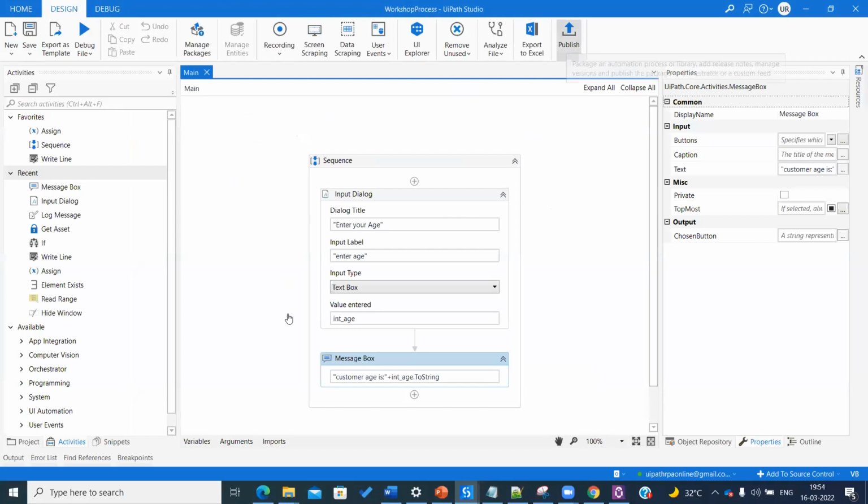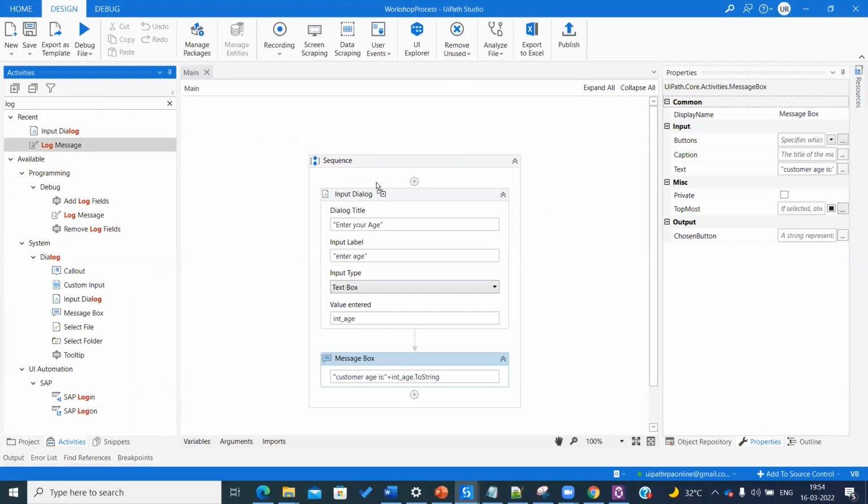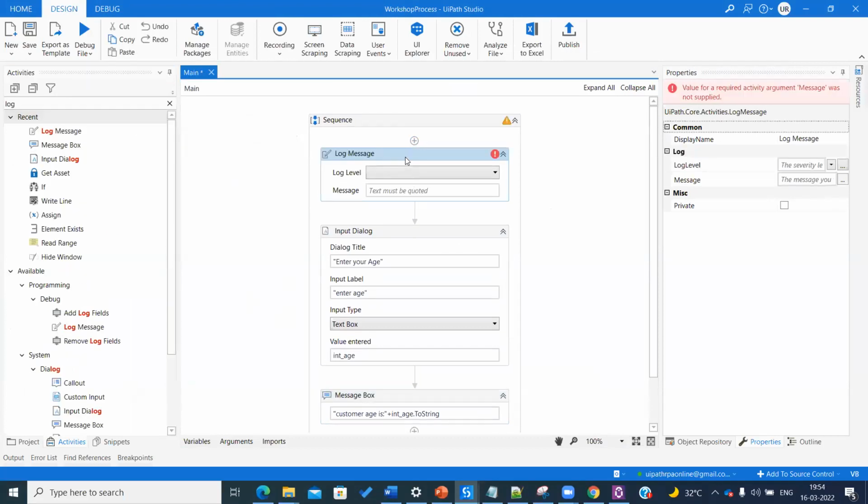So I'll modify something. I'll put a log message. I hope everybody knows what a log message does. If not, we want to put a message to the Orchestrator, let it be information, warning, trace, or whatever. Based on this log level, we will assign the data.